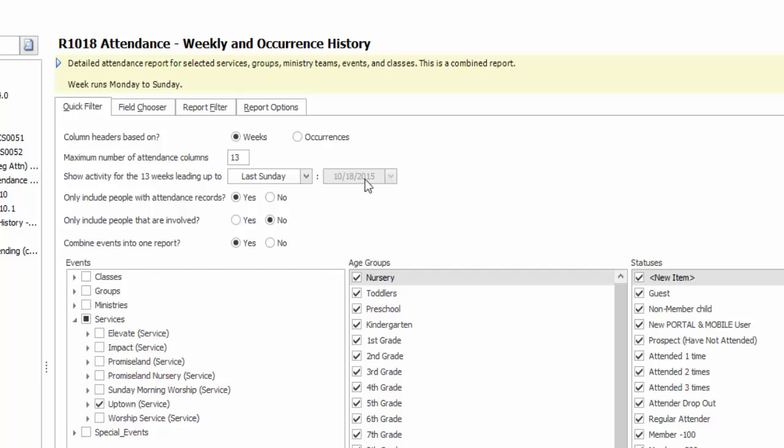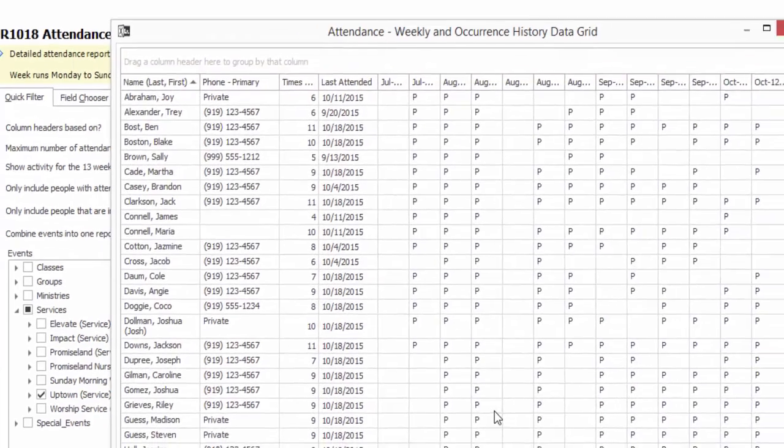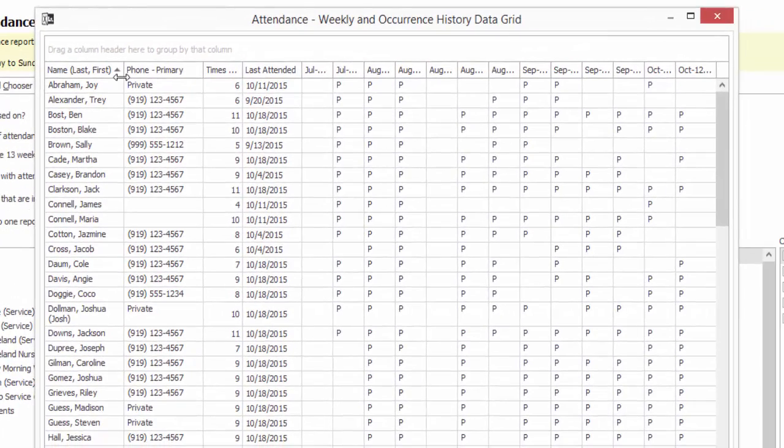For me, right now, I left most of the defaults, and I'm focused in on one program, Uptown, which is a children's program for me. And I want to run it to a data grid. The nature of this report is that it's going to list everyone. In my case, I'm going back 13 weeks, approximately a quarter, and it's listing anyone who has an attendance record,